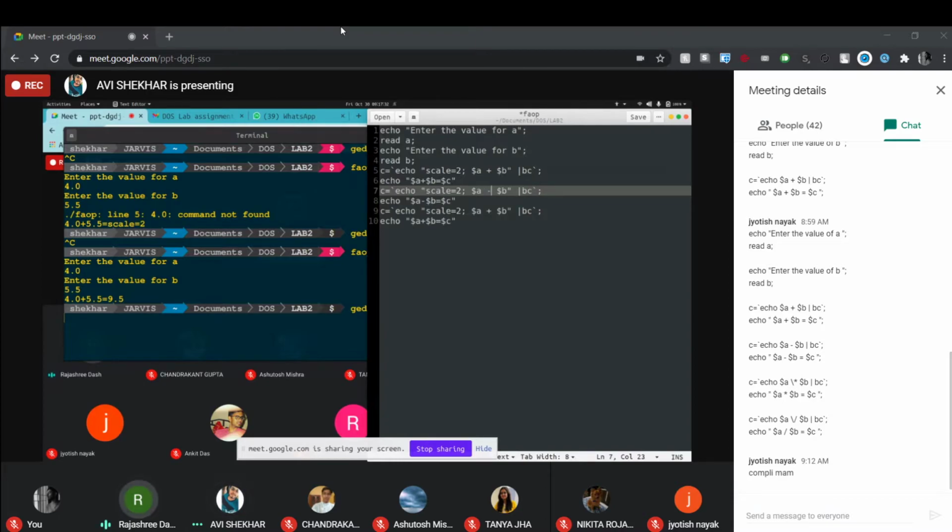Instead of C, better you take another variable D. Yes, ma'am. In the same, you can also use the same variable, but it will simply replace the values. Okay.